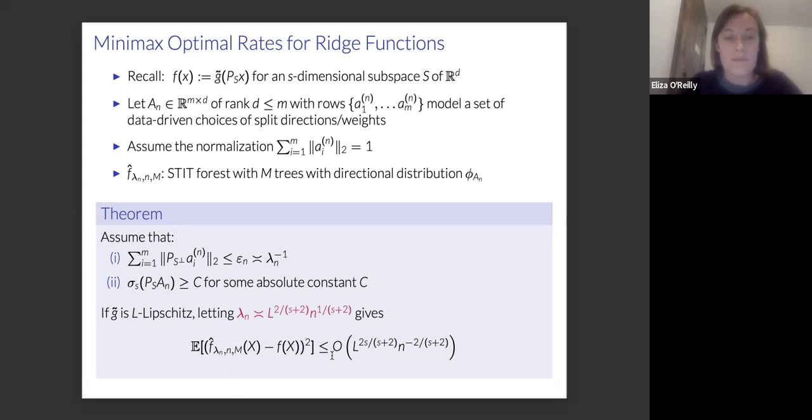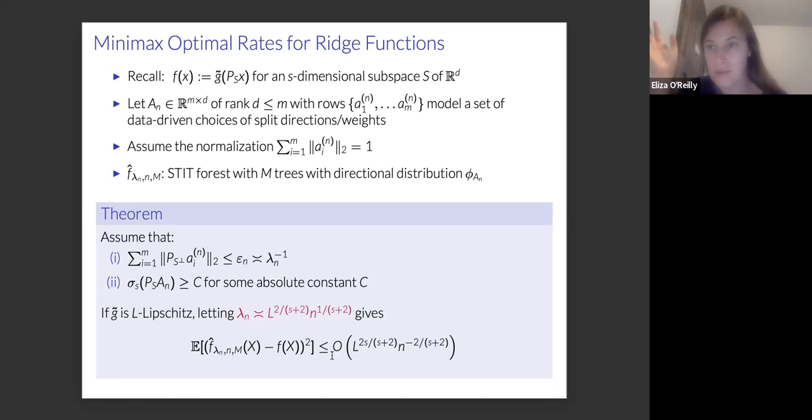Then if G tilde is Lipschitz, we can tune this lifetime parameter to scale like n to the 1 over S plus 2, and we obtain an upper bound on the risk that decays like n to the negative 2 over S plus 2 as n grows, which is the minimax optimal rate for